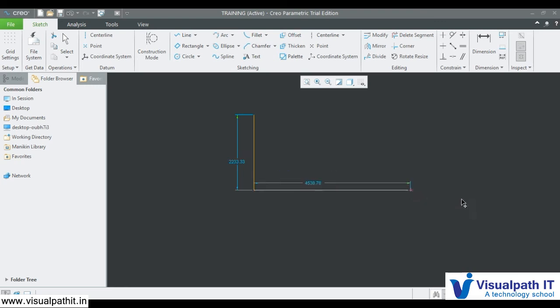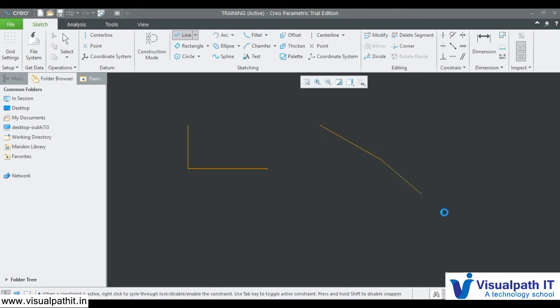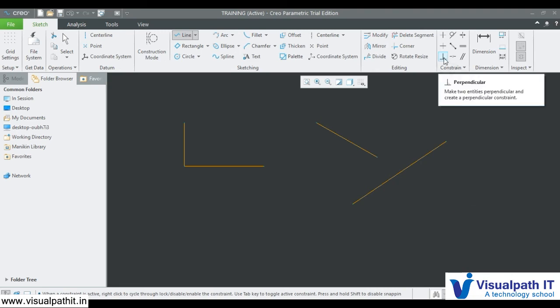Now wherever I want to adjust the length, I can adjust the length instead of moving. So here I am fixing the angle of the line. So similarly, wherever required, we can use that constraint. Let's say we have two lines. I thought these are perpendicular, but they are actually not.